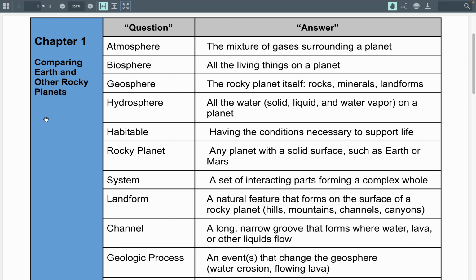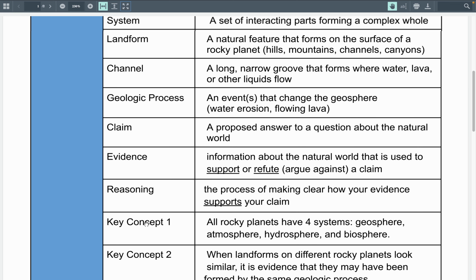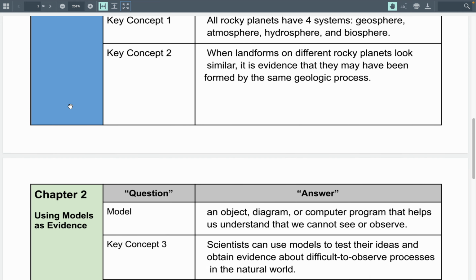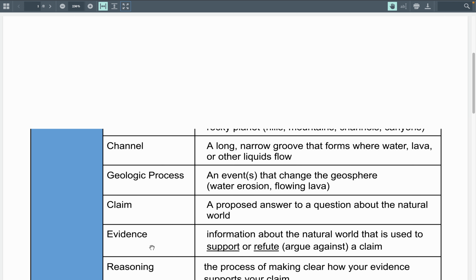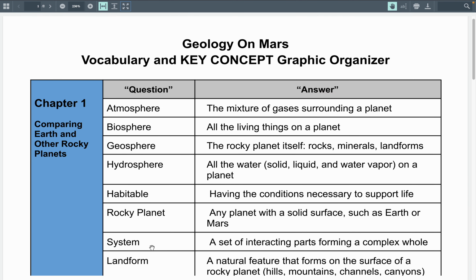It's important for you to remember the title, because everything that you have over here, in your vocabulary terms and in your answers and in your key concepts down here, they all have to do with comparing Earth to other rocky planets. Chapter 2 is green, and the title is using models as evidence, and chapter 3 is analyzing new evidence. Now, we don't have any vocabulary terms or key concepts for chapter 3, so you're only going to be considering 1 and 2. The reason why I'm pulling that out is because I'm going to have you create a study